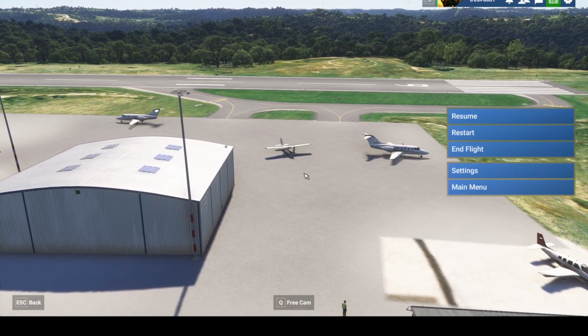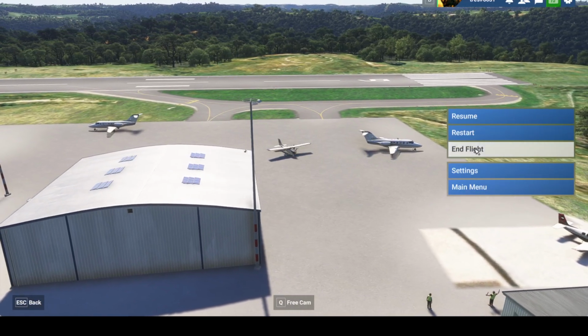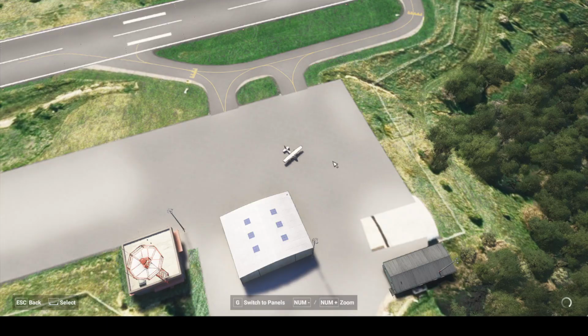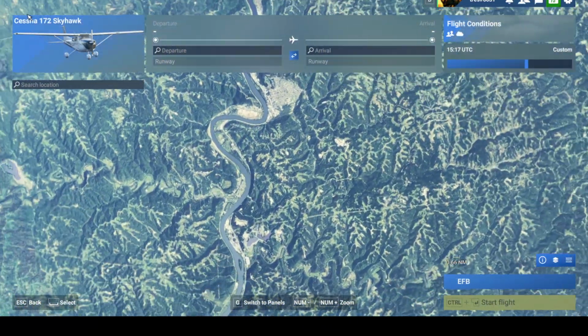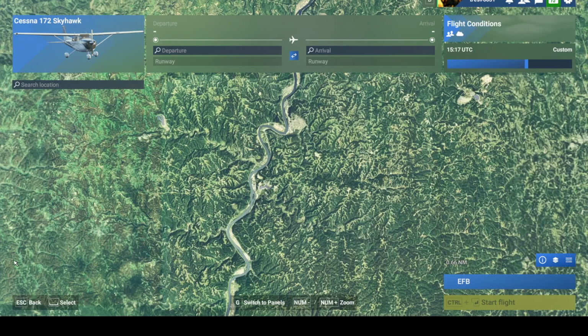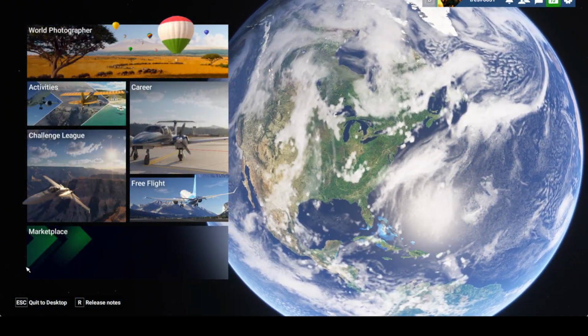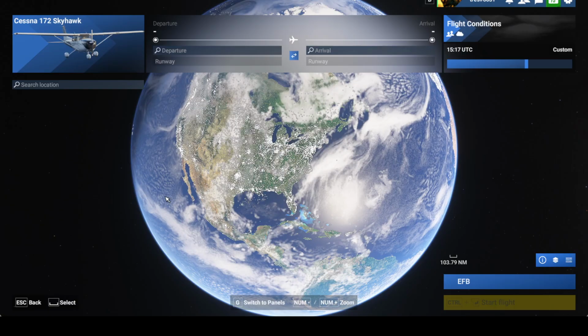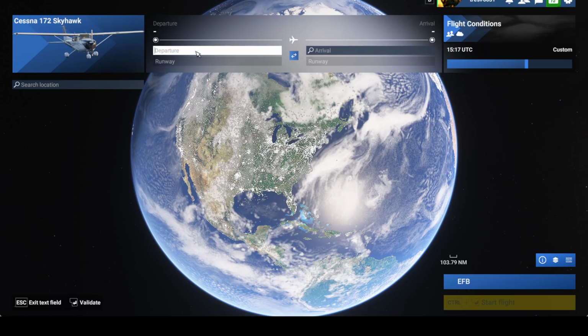All right, we're going to end flight, which should take us back to the globe, ultimately. Going to do it again. Get completely out of it. All right, and now we're going to go back in to free flight and see if we can get the engine to start. If we get this plane to start, that's going to be the end of this video. Okay, set it back up, now we're at Marshall County. Set it up at